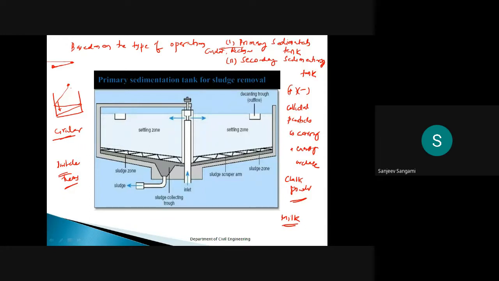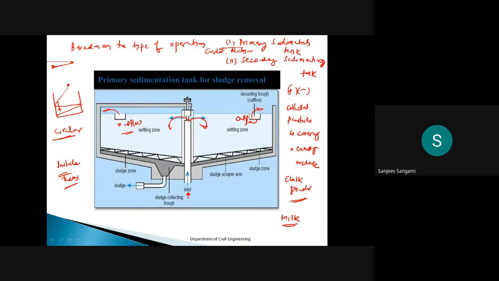So then how exactly is the diagram of the settling tank? Normally it has a circular shape, and the water is going to come from the bottom. Always the water comes from the bottom, and it is going to distribute in this way. Inflow is this one. Outflow is on these two sides. It is going to come out.